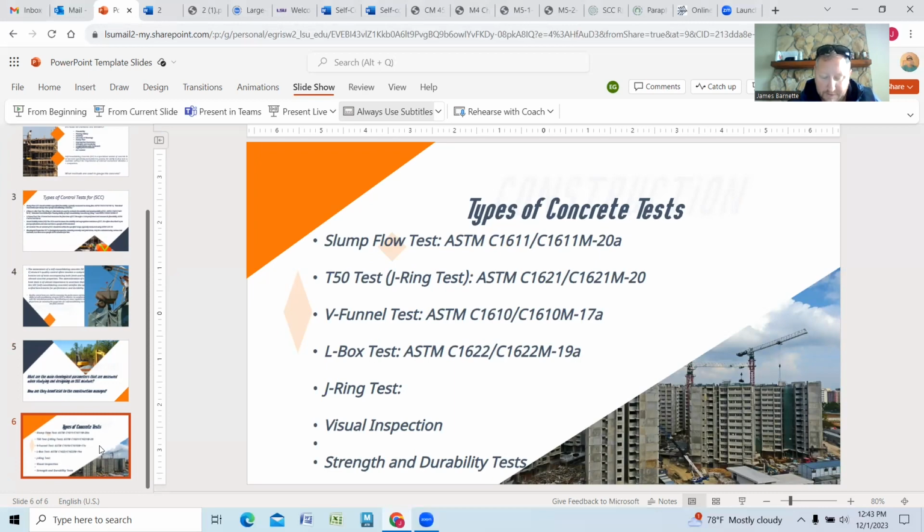The slump flow. The SCC should exhibit specified flowability, typically measured as slump flow, ASTM C1611/C1611M-14. Standard test method for slump flow of self-consolidating concrete. Then we have the J-ring or the L-box test. The J-ring or L-box tests are used to evaluate the stability and passing ability of the SCC, ASTM